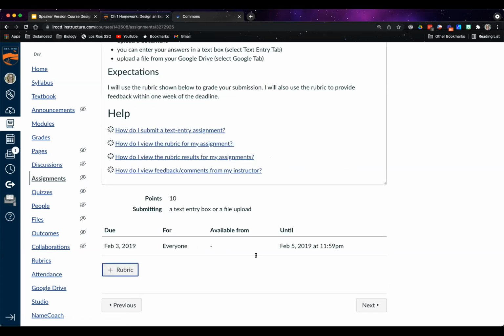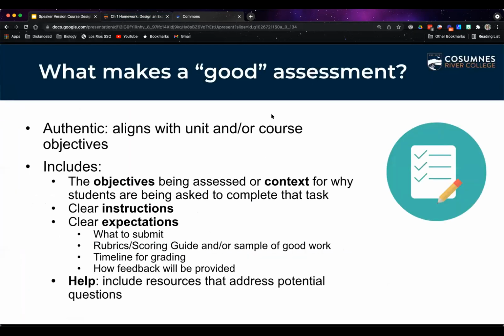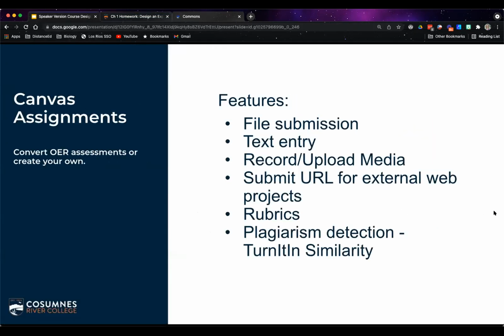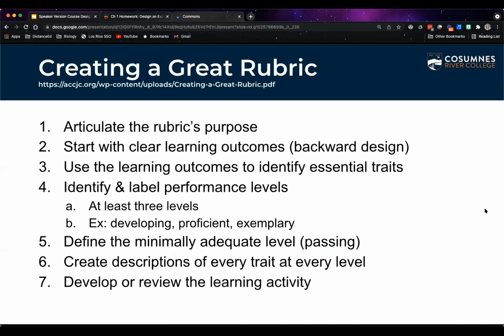Okay, so I'm going to cancel for just a moment because I want to go back and talk about the characteristics of a good rubric, and then we'll look at one that I already constructed for this assignment. I hope it's still there. Okay. All right, so rubrics. This is from a slideshow that I came across from a workshop I attended about creating a great rubric. This was years ago, and I saved the workshop slideshow because I thought it was so awesome. So I've included the link here for the